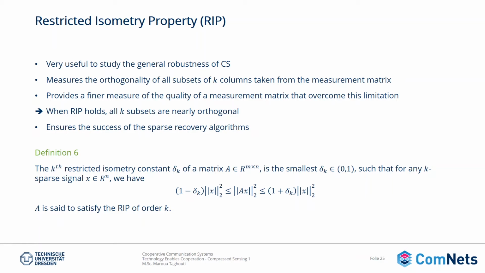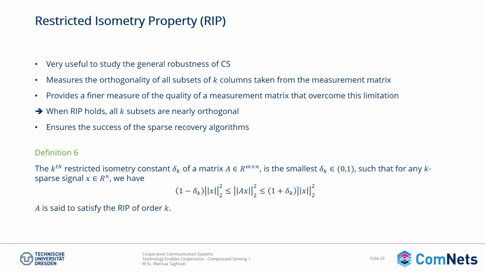They cannot be perfectly orthogonal, but they have to be close, or better speaking, we say nearly orthogonal. And in this way, we can ensure the success of the sparse recovery algorithm. So, how to verify this? A little bit of mathematical representation here would be, we want to calculate what